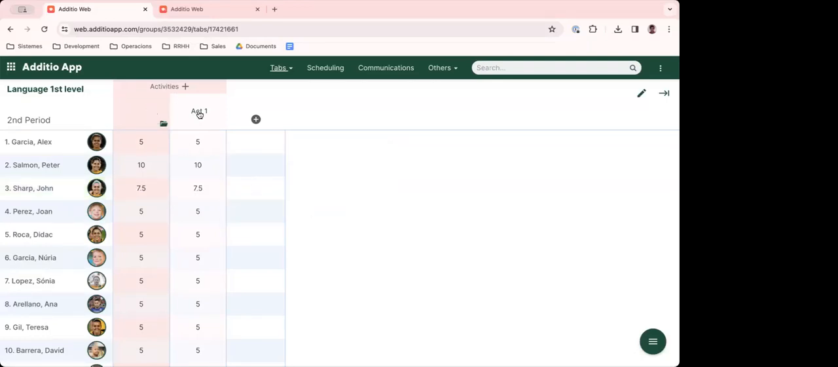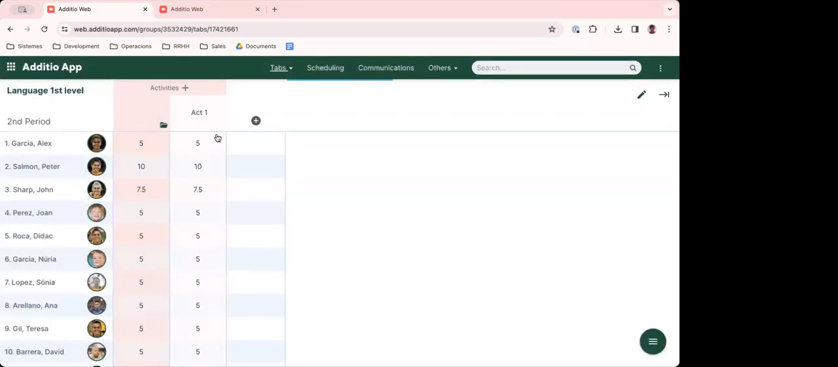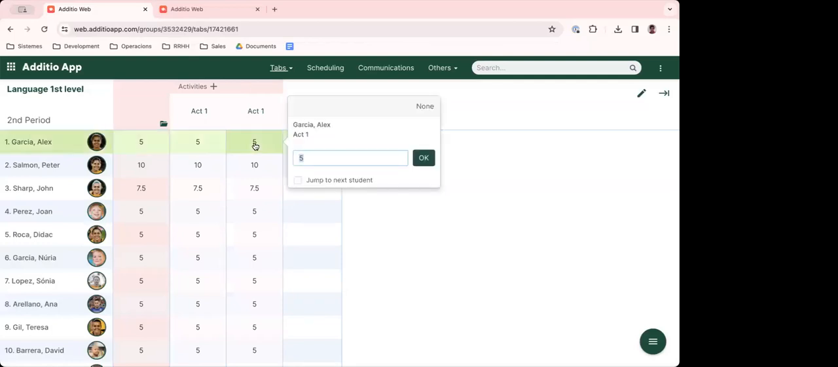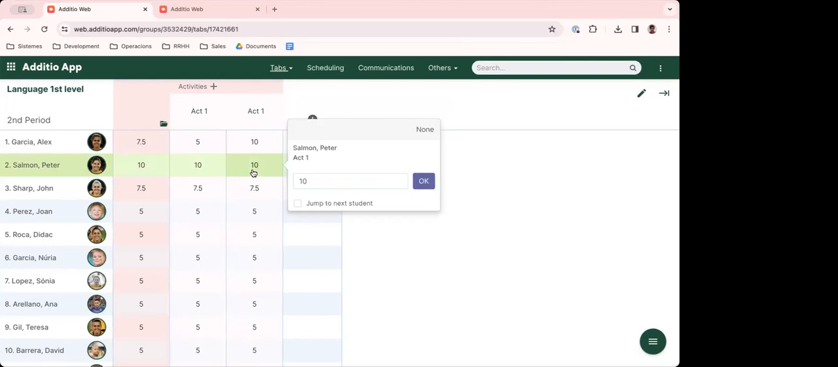Okay, and now I have a category with different activities. As you can see here, we have an average automatically. I could also use the right button to click and do copy and paste, and automatically I will have two columns. I could change. Well, I've decided that I wanted to copy also the values,